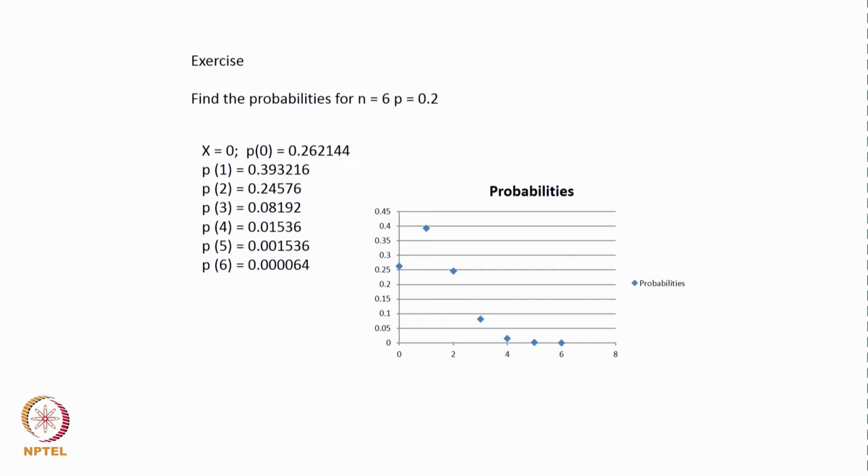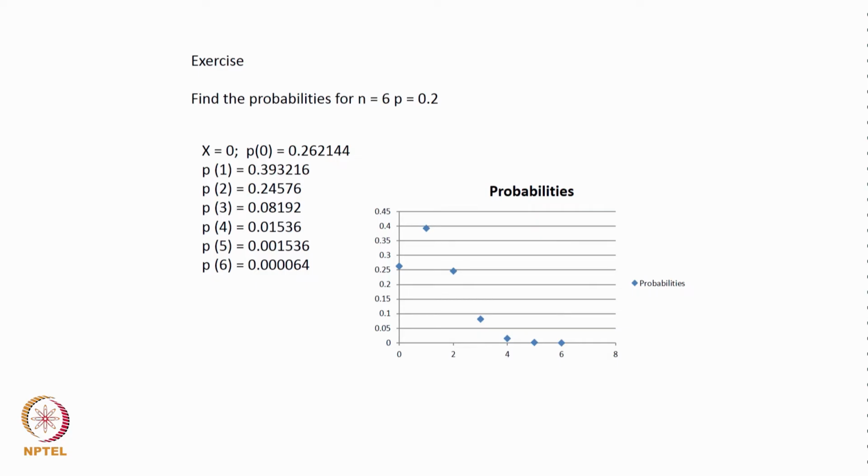So, for x equal to 0, 6C0, p to the power 0, q to the power 6, we get 0.262144. The probability of one success out of 6 is 6C1, p to the power 1, q to the power 5, which is 6 into 0.2 into 0.8 to the power 5, which is 0.393. 2 out of 6 is 0.245, 3 out of 6 is 0.081, 4 out of 6 is 0.015, 5 out of 6 is 0.001536, and all 6 out of 6 is